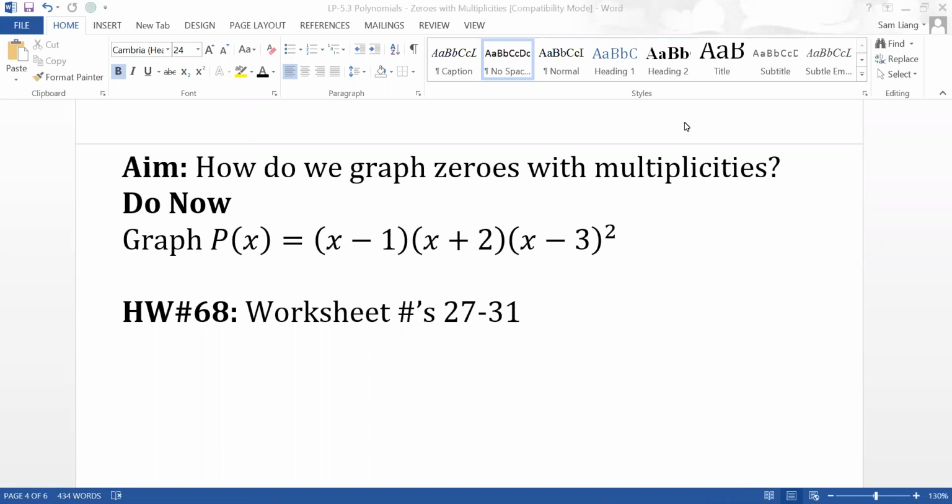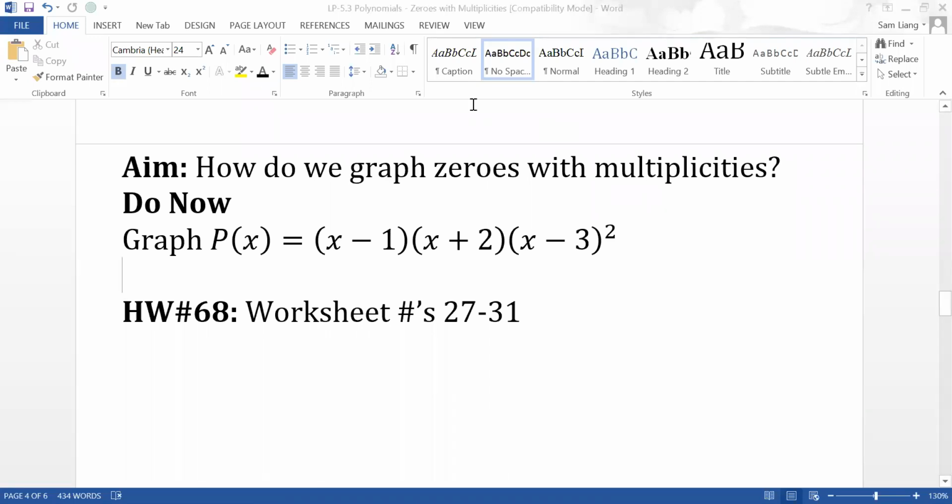Today is day 3 of our polynomials unit. Today we're going to talk about graphing polynomials with zeros that have multiplicities. Multiplicity is just the fancy word for a root that repeats itself. You might have seen this in algebra 2 as a double root, right? But anything beyond a double root, we say it has a multiplicity of 3 or